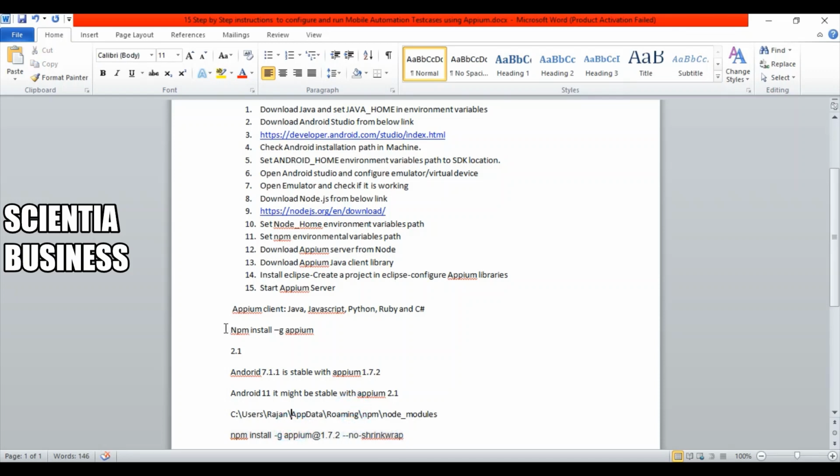The difference between this command and this command is that when we write this command, it will download the latest stable version, whatever version the APM guys have tagged as stable. But when we write this, we are telling the node software that we want this particular version of APM, so this will get installed in your computer. This is the basic difference between this command and this command, right?